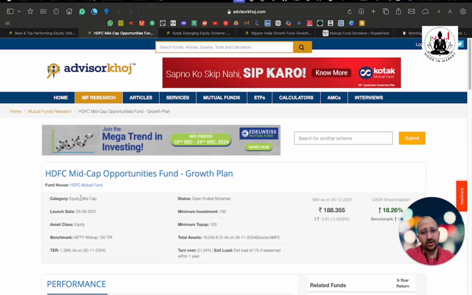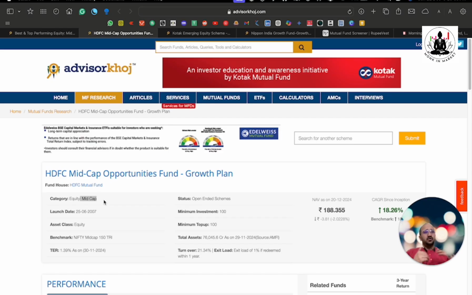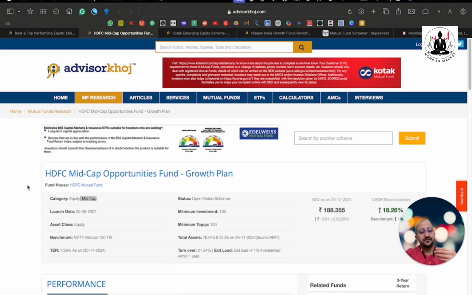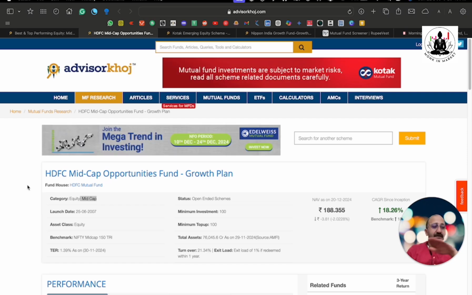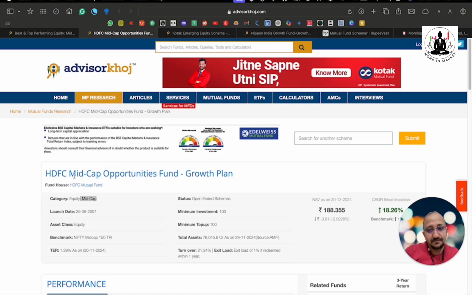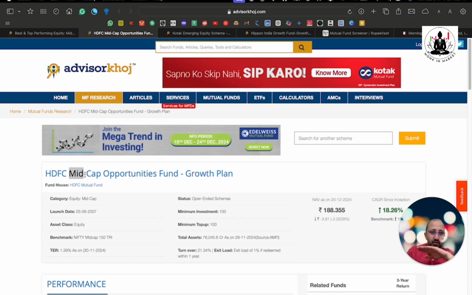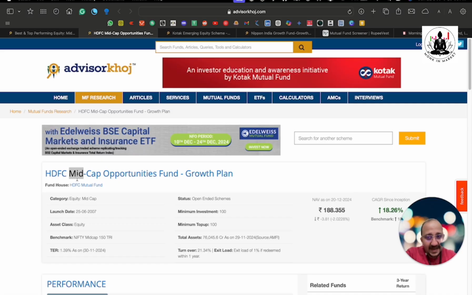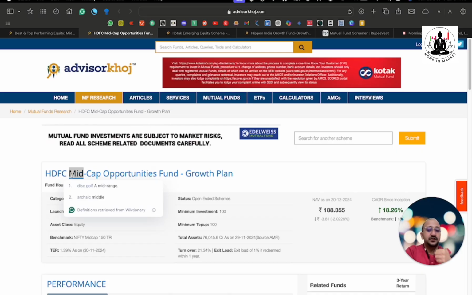Now, all these things we had already discussed. This is a category. It is mid cap. One more thing, guys, I would like to tell you. In equity mutual funds, large cap gives stable returns. Large cap means big companies. The mutual funds investing in large capitalization companies will give you optimum or stable returns, not very high returns. Mid cap and small cap mutual funds give very high returns, but the risk involved is also very high,